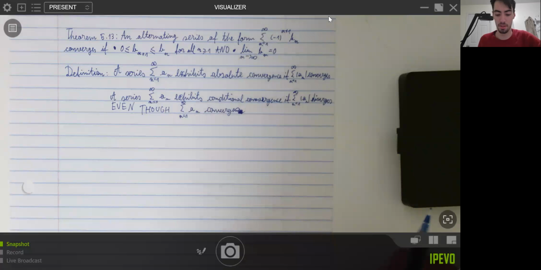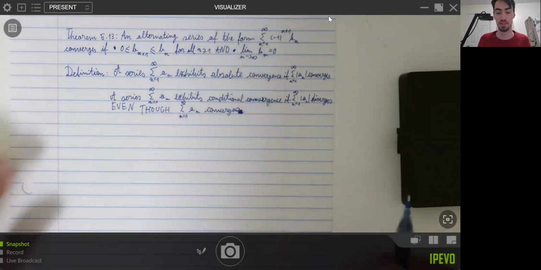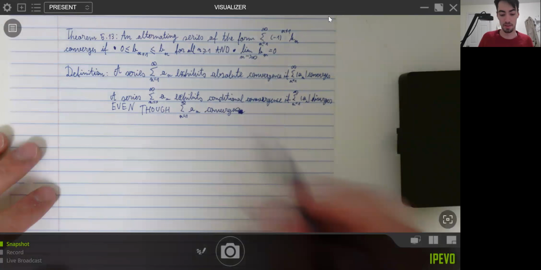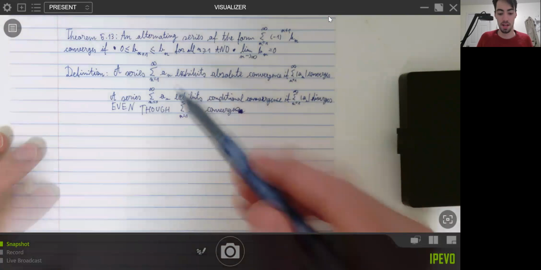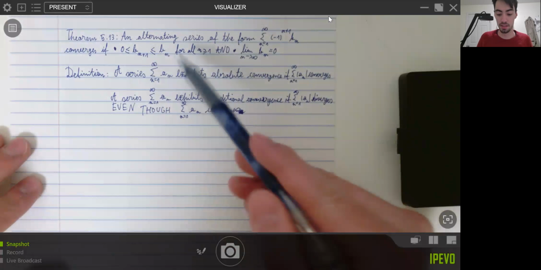Hi everyone. Today I will talk about an example of absolute convergence versus conditional convergence. So before we begin, let's just recall the main theorems about alternating series and the definitions of conditional convergence and absolute convergence. So first of all, this is theorem 5.13 from the textbook, which says that an alternating series